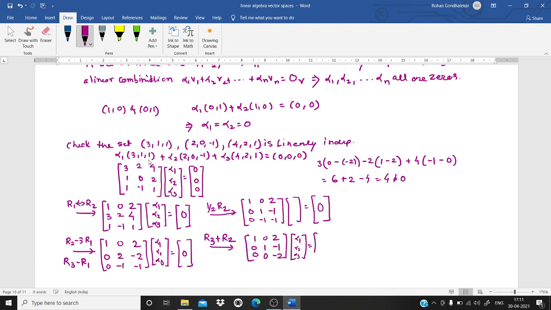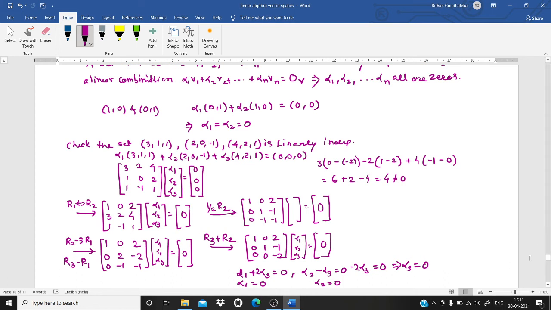Now see, the rank of your coefficient matrix is 3. So what am I getting? Alpha 1 plus 2 times alpha 3 is 0. From the second equation we get alpha 2 minus alpha 3 as 0. And from the third we get alpha 3 minus 2 into alpha 3 is equal to 0. So this gives me alpha 3 equals 0. If I substitute alpha 3 as 0, we get alpha 2 equals 0. And as alpha 2 is 0 and alpha 3 is 0, hence alpha 1 is also 0. So alpha 1 equal to alpha 2 equal to alpha 3, all of them are zeros. Hence we can say the given set is linearly independent.